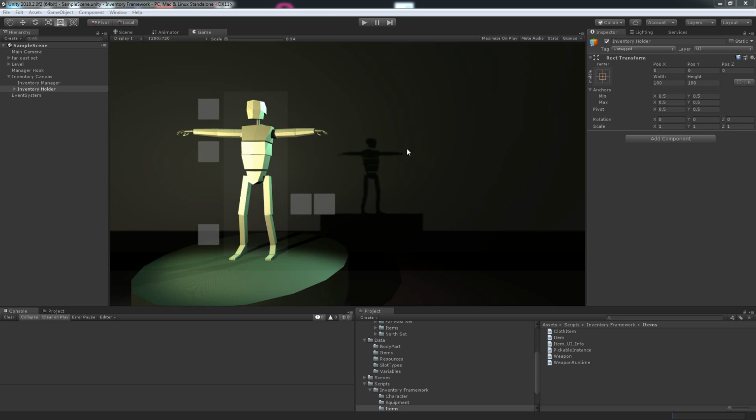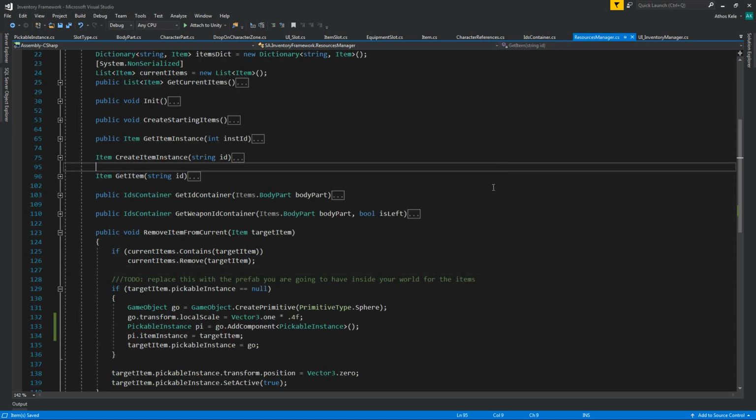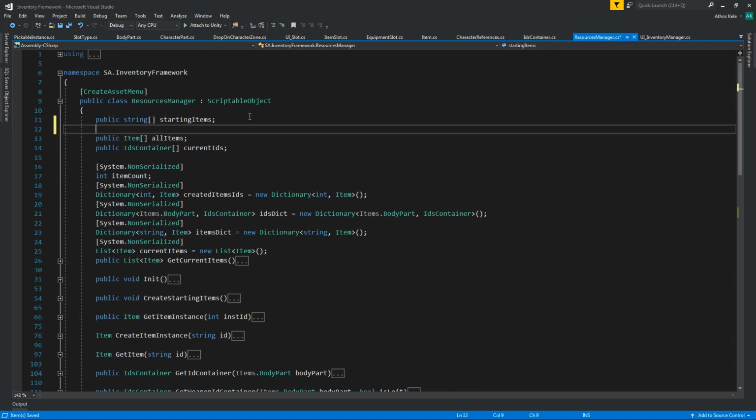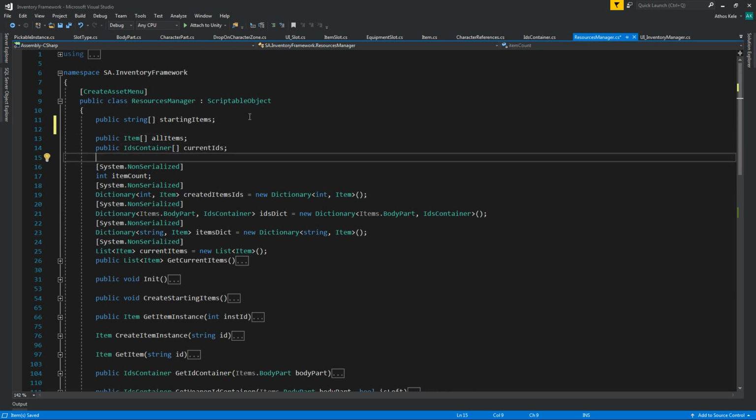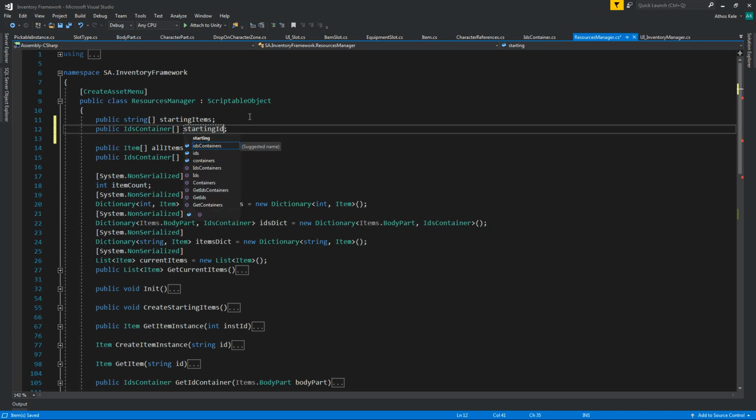Okay, so we're not done yet. We still have one more thing, is if we wanted to load items on start. Okay, I'm just going to copy this current IDs, and I'm going to say starting IDs,